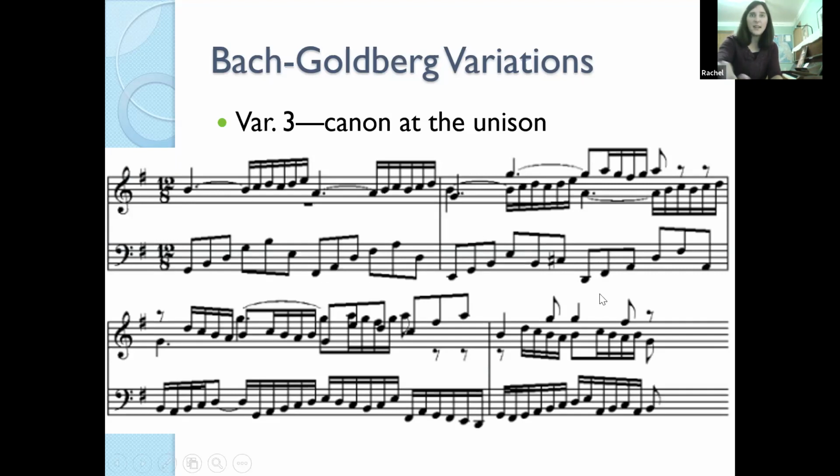The left hand is actually not part of the canon. So here we go, here is our opening line, and then there's another voice we can see that enters here. They're kind of woven around each other, so it's a little bit tricky to see what's going on. But we're looking for something like this, whether it's actually starting on the B or not. If we're just trying to analyze it and we don't know any information about it yet, we wouldn't know specifically what starting note to look for. But once we see this kind of idea happening, that will make it clear what our harmonic interval actually is. So we see that idea happening here.